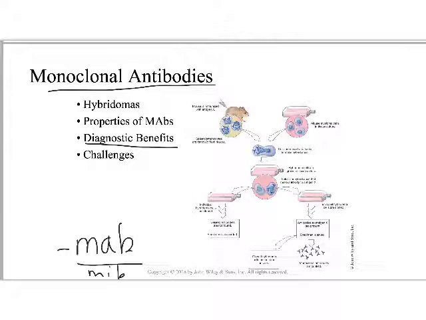So basically, here's a mouse, and they inject the mouse with the antigen. The spleen is where the B lymphocytes are. So the spleen is removed from the mouse, so the mouse is euthanized. The spleen cells are removed, and then they start